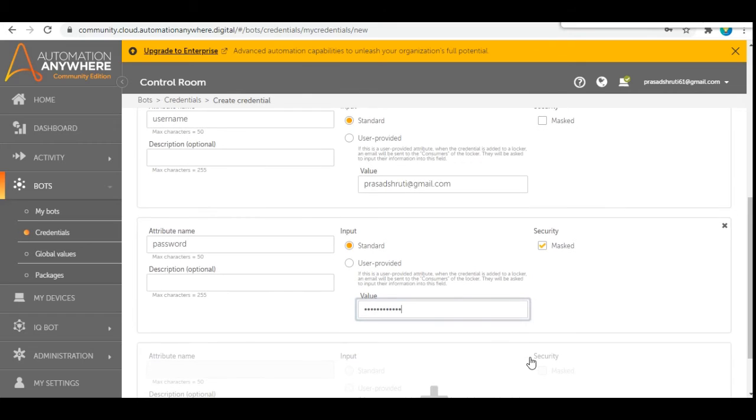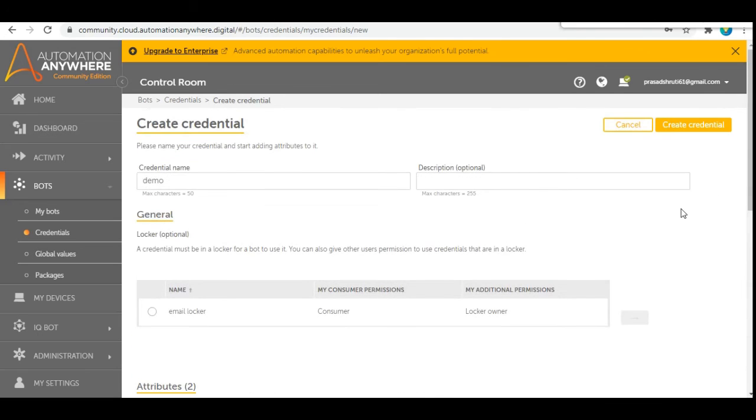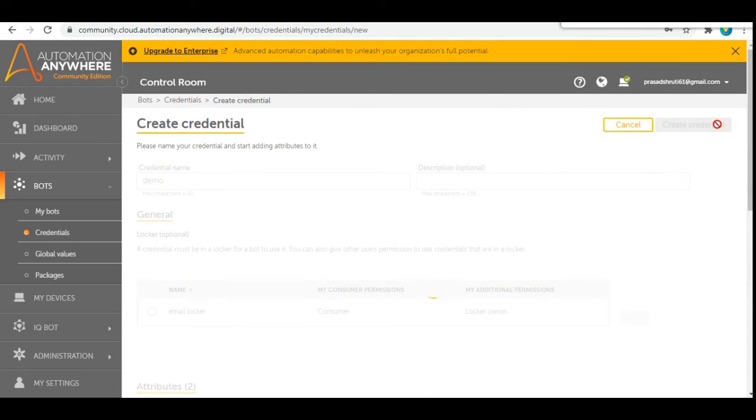The main thing is that if you do not put your original Gmail password, then no operation will be performed on your email address. You cannot send an email to any person. If you try, it shows your credential is wrong. Then create credential.